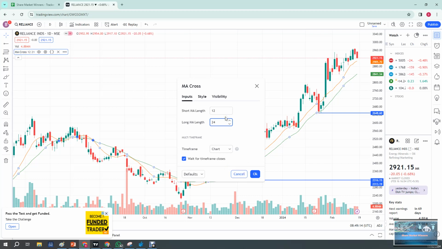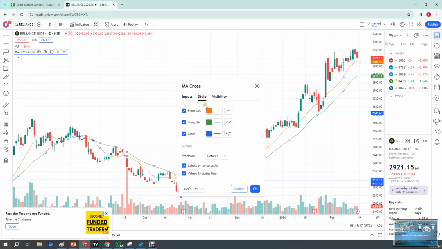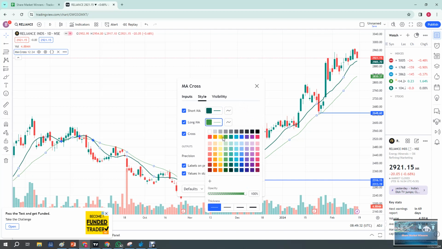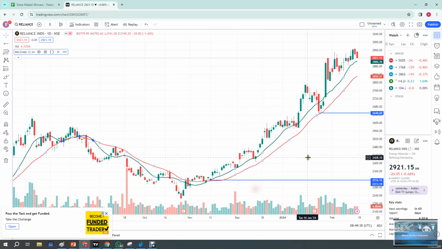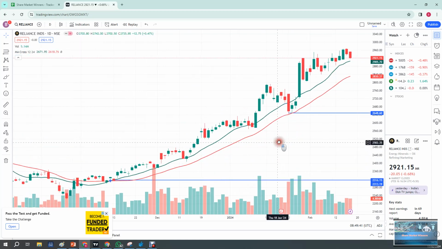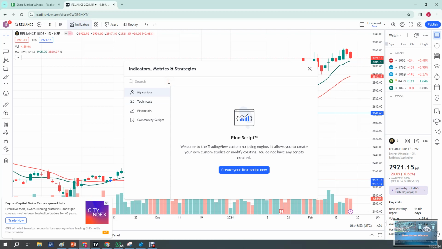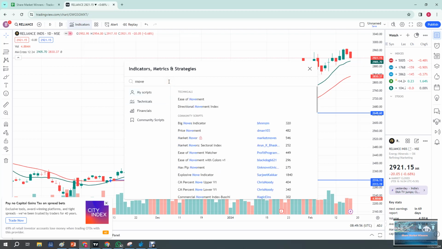And as we discussed before, you need to change the color pattern. For the shorter one we'll use green, so that it always indicates the sentiment of the green line in the uptrend, and for the longer length we are giving the red color so that it indicates the downtrend. It's just the look and feel which I am adjusting. So in one single indicator, you will be able to fit both the lines of the moving average. And now if I go and check for the moving average MACD,